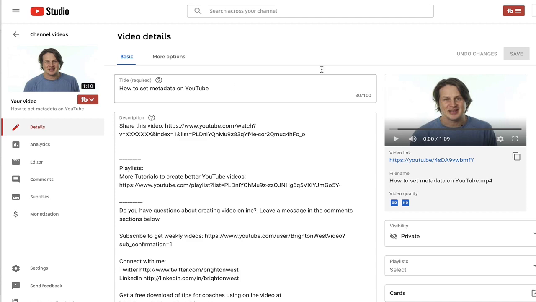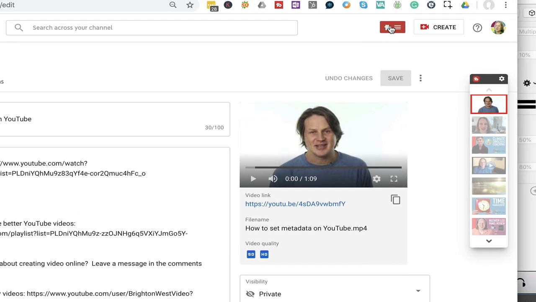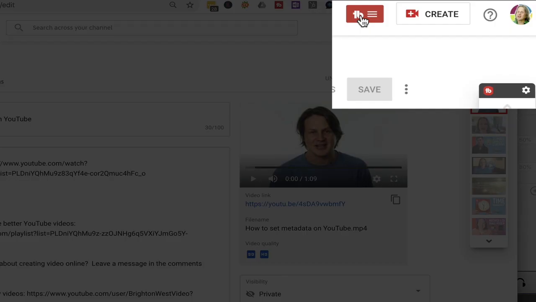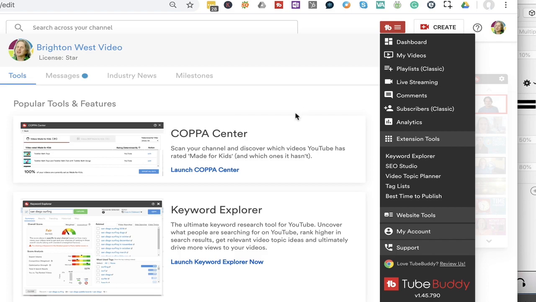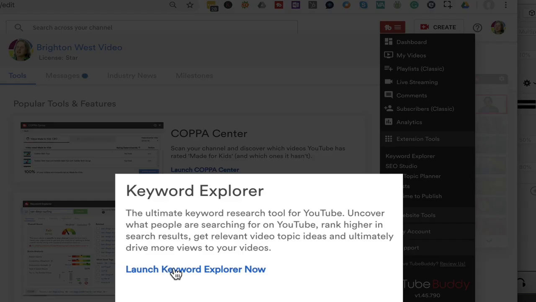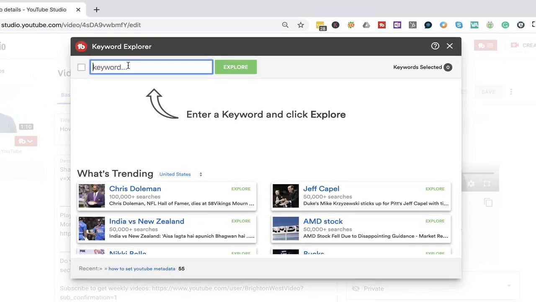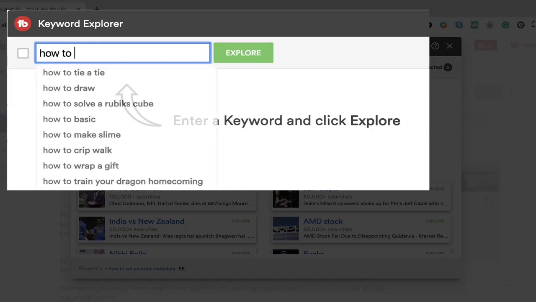The way that I do that is to head over to this extension called TubeBuddy. This is an extension you can get for Google Chrome. You can get it for free. I have a paid version, but I'll show you some of the free features too. And you start with launching Keyword Explorer and then typing in your idea. So how to